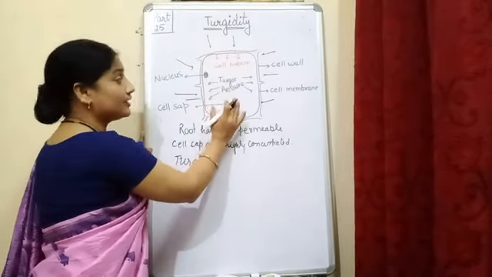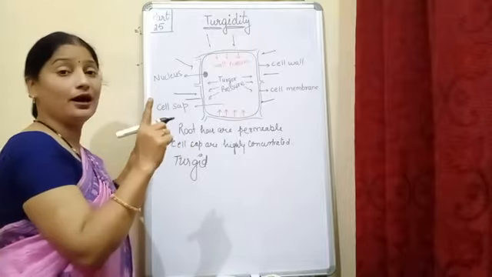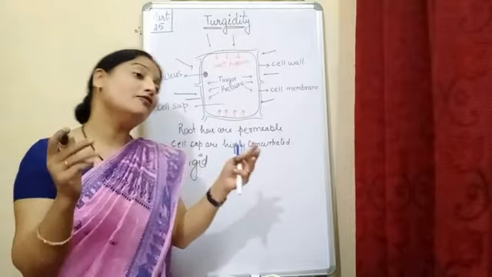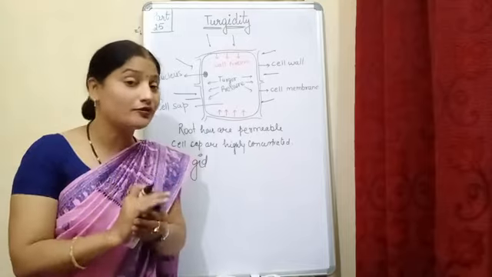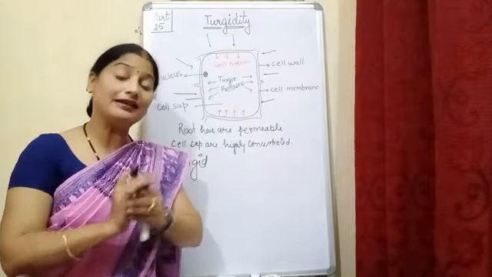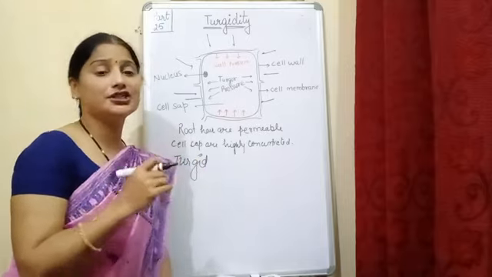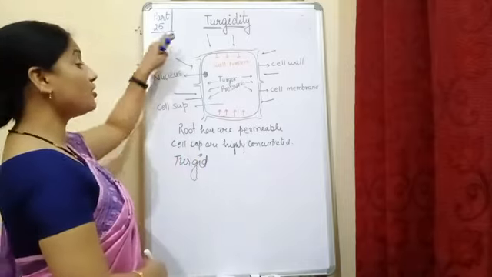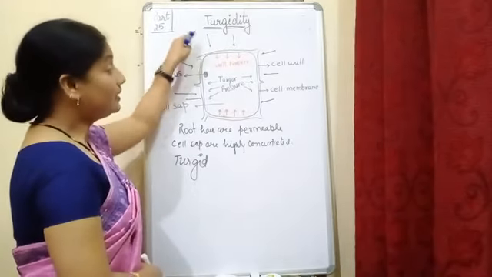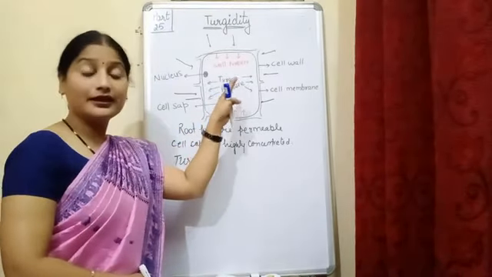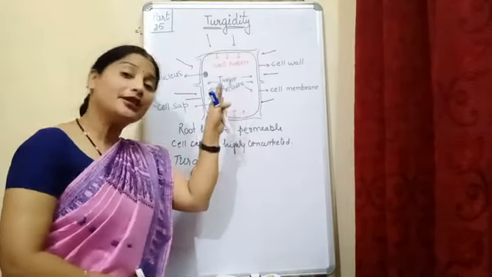And the pressure which is exerted because of the turgidity is called the turgor pressure. So, we got two terms. Number one, when your cell absorbs water by the process of endosmosis and becomes completely filled with water, a condition arises which is called turgidity. Now, because of this turgidity, a pressure will develop on the walls of the cell